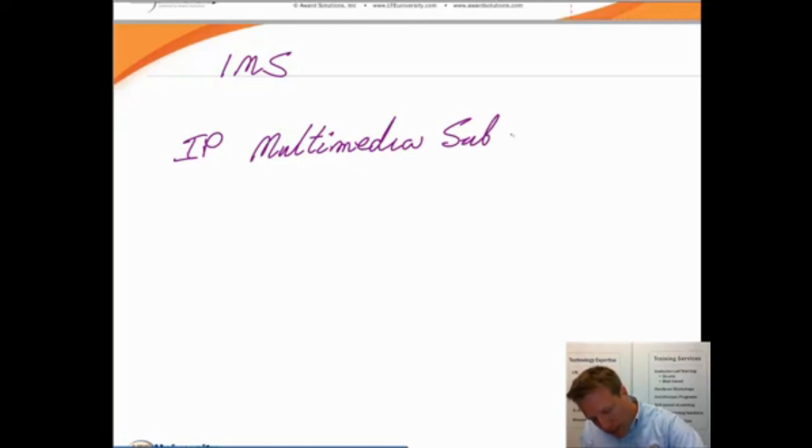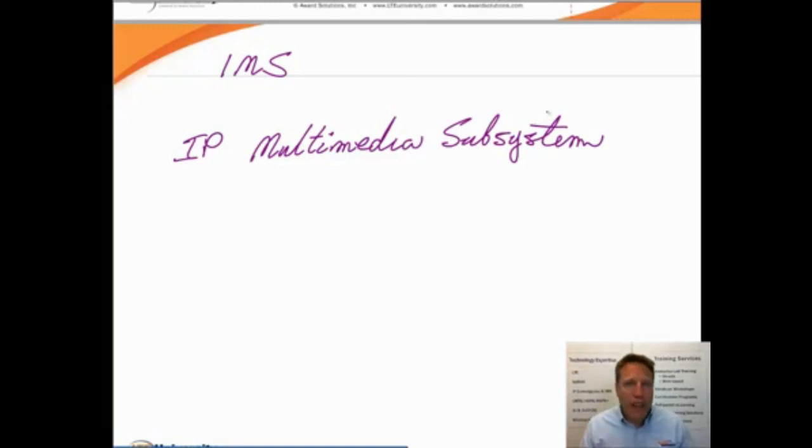Now, the reason that I am coupling the two, and LTE will work fine without IMS, is that most of the operators that have deployed LTE or are going to deploy LTE in the near future are looking at deploying IMS as well. So this is a common scenario.